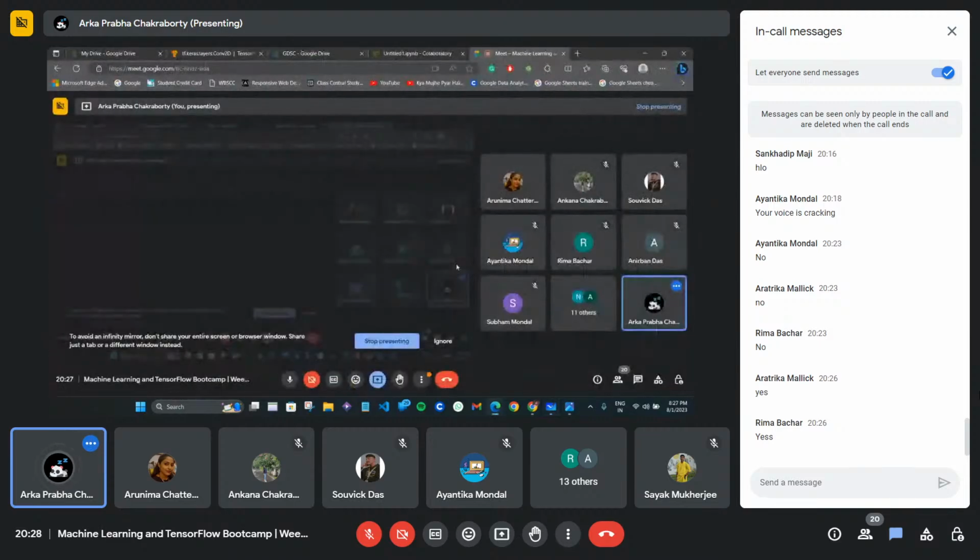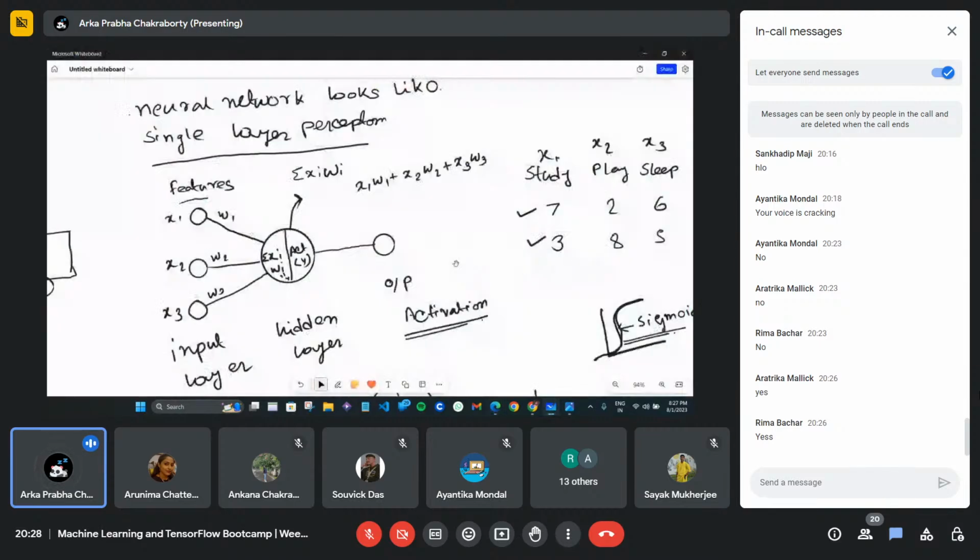So what is the problem? Initially, the weight values are equal to 0. That means weights are initially 0.